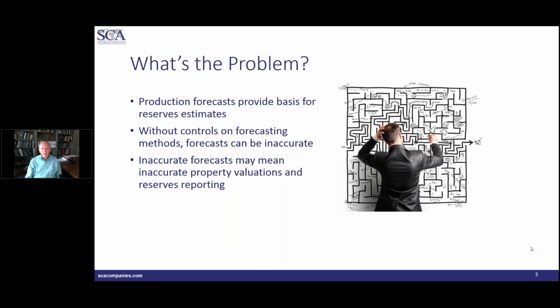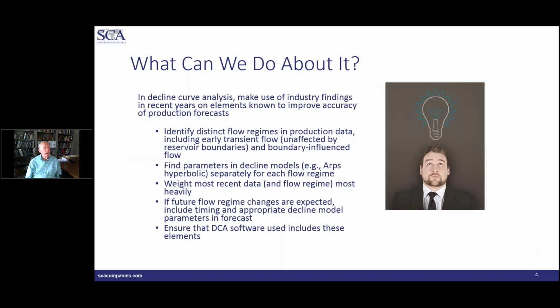So, the solution to this problem is in decline curve analysis, which is really going to be our focus today. We can make use of industry findings which have been developing pretty rapidly in recent years on elements of forecasting which are known to improve the accuracy of the forecasts, specifically identifying distinct flow regimes in production data, including early transient flow, that is flow unaffected by reservoir boundaries, and then boundary influenced or boundary dominated flow, that is flow in which we have begun to drain from the entire drainage area